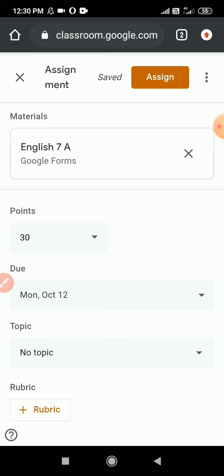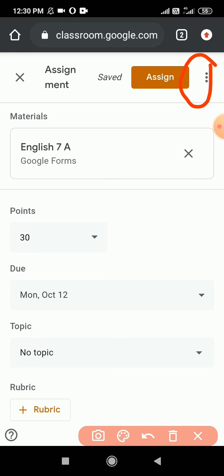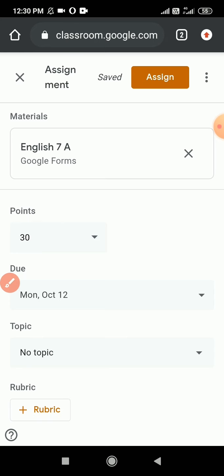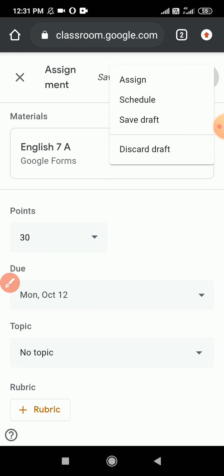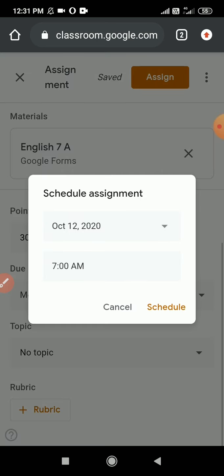So the due date and time is the closing date and time of the paper; if needed or not needed, accordingly you can set. And then we will go to these 3 dots. Let's click on that. Here it is written Assign, Schedule, Save draft, Discard draft. So here we will go to Schedule.